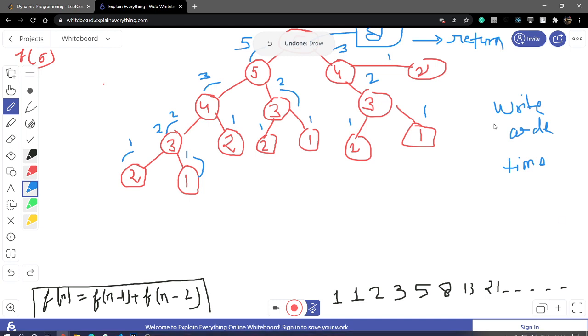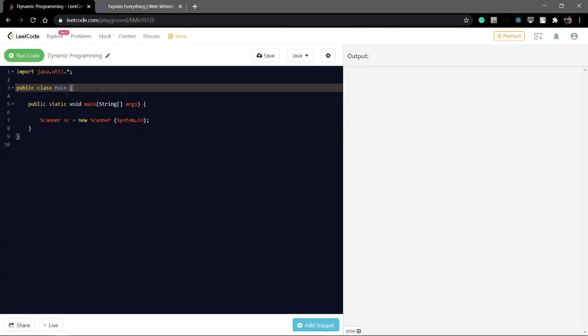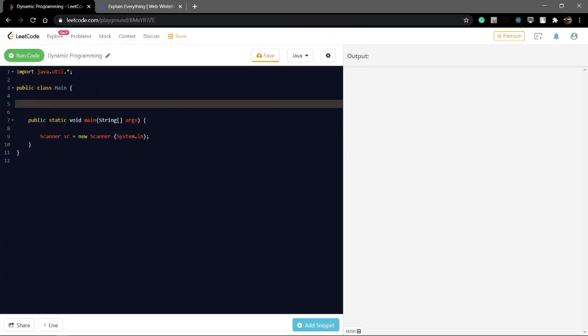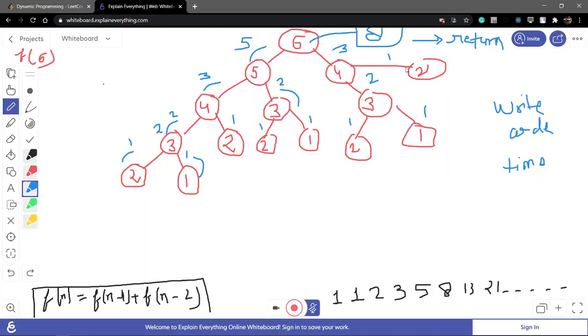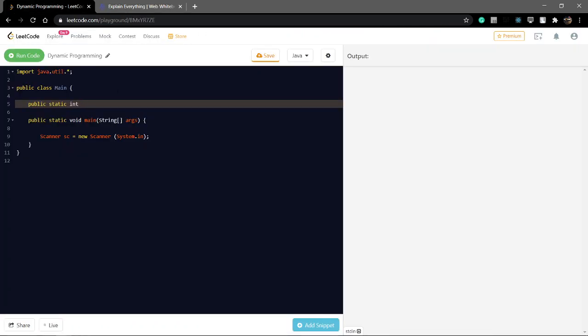Now I have to write the code for the recursion. We take an integer return type, because it returns an integer, for the Fibonacci series.